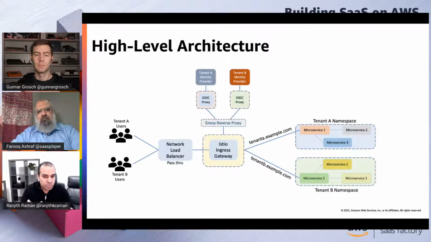So that's the whole idea of bringing in a service mesh, where you take some of those concepts. In this case, we are doing it with identity. So take that and move it to the infrastructure layer so that your microservices don't have to think about it or worry about it. So that's why we are using a service mesh, and in this case, we are using Istio. Just to provide a little bit of additional context on why we are implementing it this way.